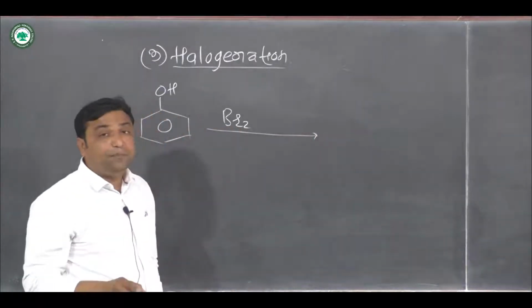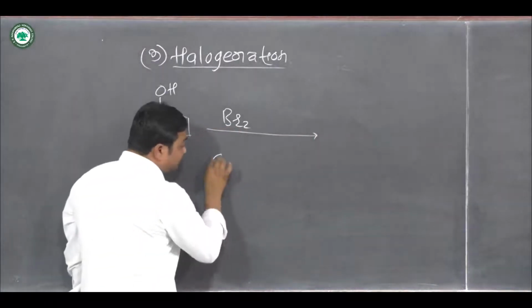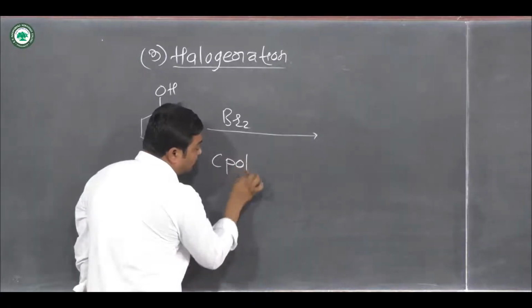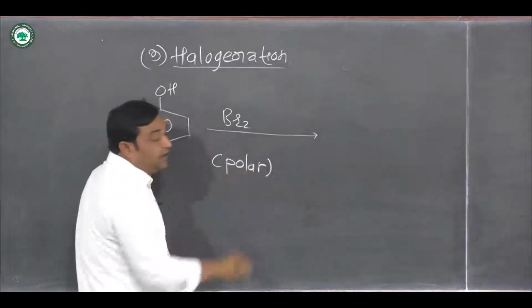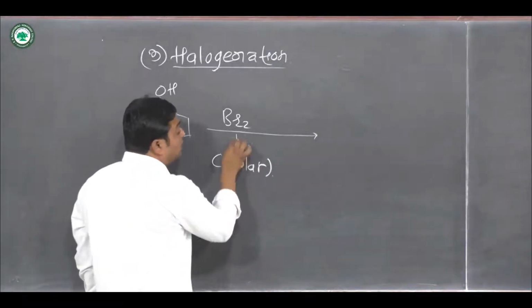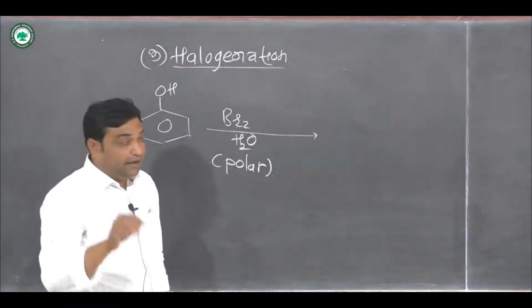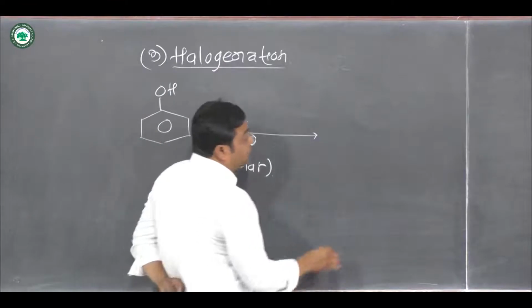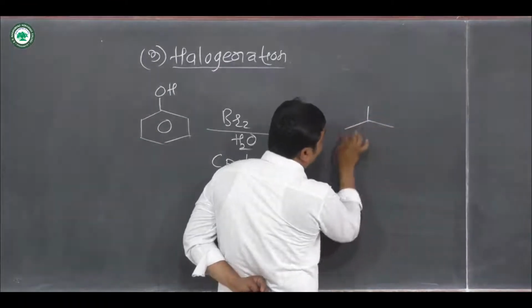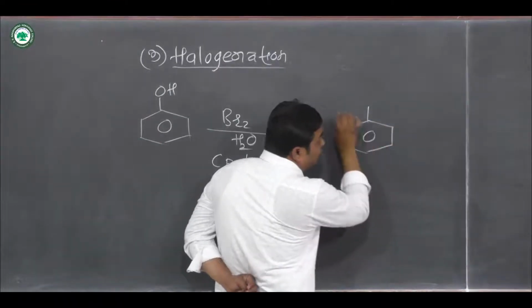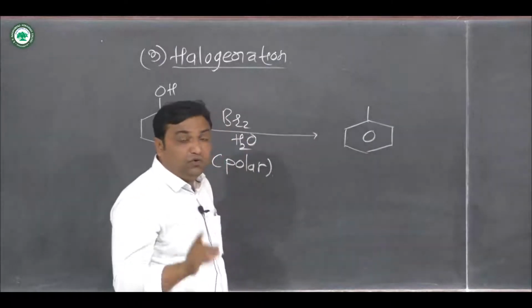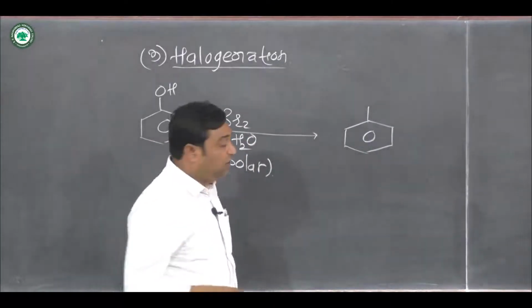but in presence of polar solvent, here we use water molecule as a polar solvent. In this case, this phenol will give 2,4,6 tribromophenol,